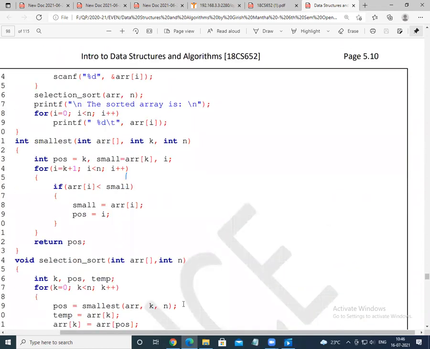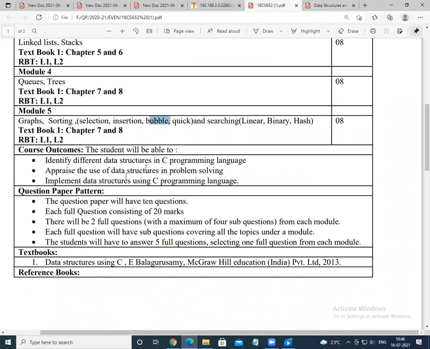So my guess for the examination is you may be asked the bubble sort rather than selection. Sorry, insertion. So bubble sort, or you might be asked the insertion, and we are left with quick sort. Quick sort is also one of the best algorithms that we are going to see tomorrow, and its complexity. So altogether we have been left with quick sort, hash, and the graph.